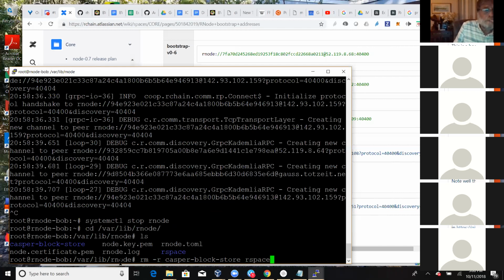Okay, so I removed the Casper block store and the R space. In principle, we don't have to always do this, but since this was all set up for a September 25th version, it probably will screw up unless we delete these. So instead of deleting the whole rnode directory here, we're just deleting the block space, the blockchain, and the block store, and the